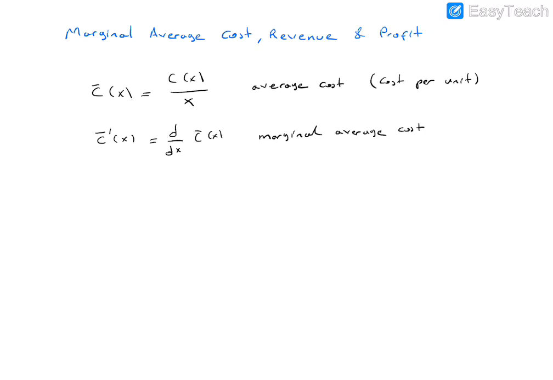average cost. And analogously, you can define the average revenue R bar, which is R of X over X, average revenue, and the derivative of R bar, d over dx of R of X, is the marginal